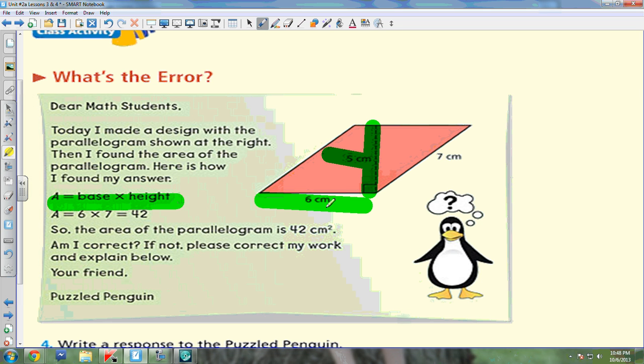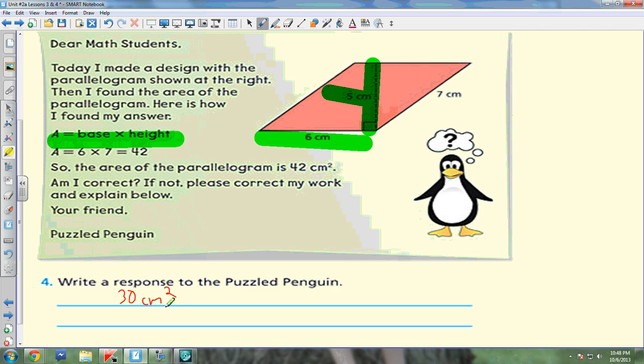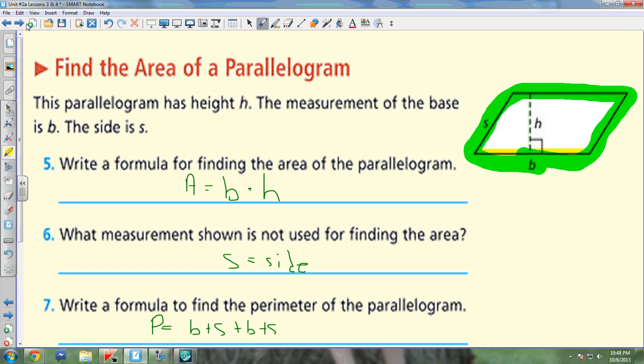Well, you have the base of 6. The Puzzled Penguin has the base correct. Right here is actually the side of the parallelogram. It's not the height. You need to be using the 5 centimeters for the height. So if you use the 5 centimeters for the height, it would be 6 times 5, and the area would be 30, not 42. So in your response, 30 centimeters squared, but in your response, you should write, let's see if I can find it here,